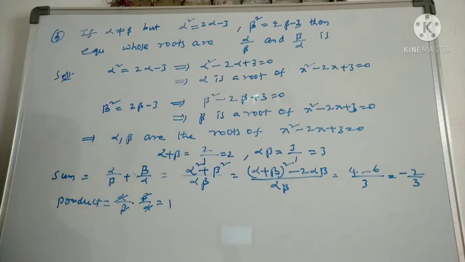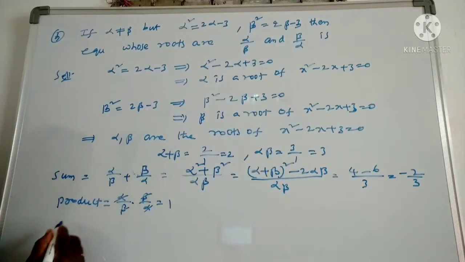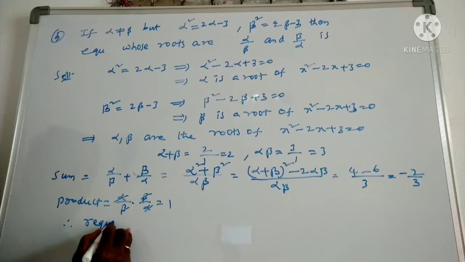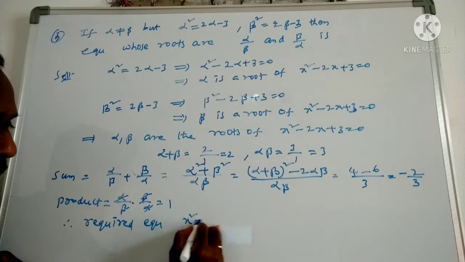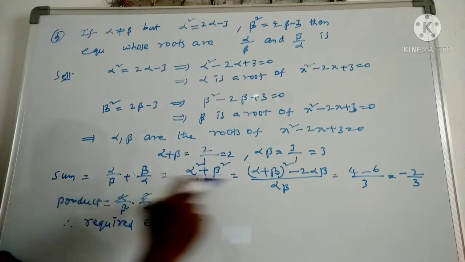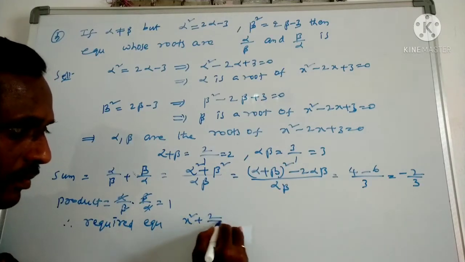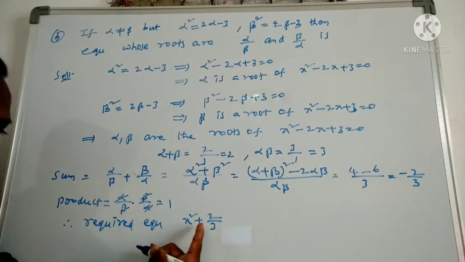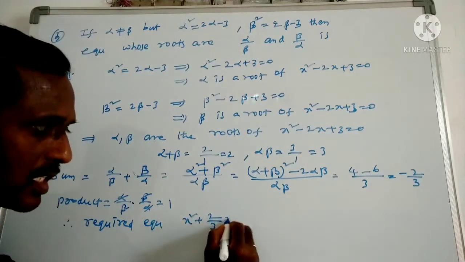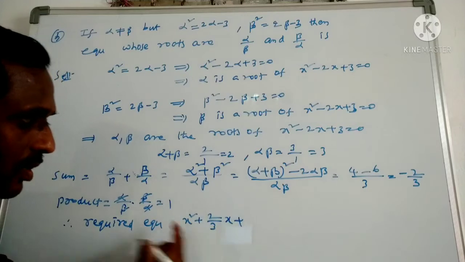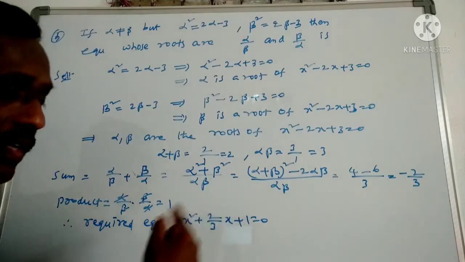Now what is the equation? It is x square minus (sum of the roots) into x plus product. That is the required one. So the required equation is x square minus the sum of the roots, which is minus 2 by 3. Minus of minus becomes plus, because here we already have the sum value as a minus. So minus of minus is a plus, into x plus the product. What is the value of the product? 1, equals 0. Now simplify and write finally the quadratic form.